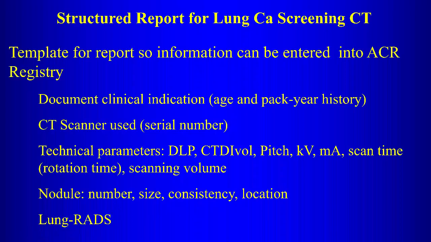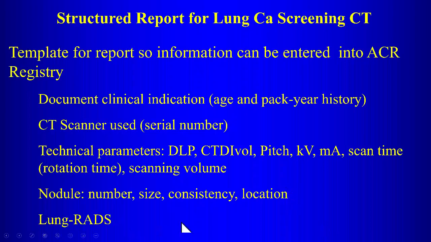So if on your first screening study, the patient has one nodule in the right upper lobe and one nodule in the right lower lobe, the nodule in the upper lobe gets number 1. The nodule in the lower lobe gets number 2. If they come back and they develop a new nodule in the right upper lobe, that gets number 3. So each nodule has a unique number that is going to stay with that nodule for the duration of the patient's screening history. Okay, so don't mess up the numbers, or you will create nightmares for people who have to follow your screening at the next screening interval.